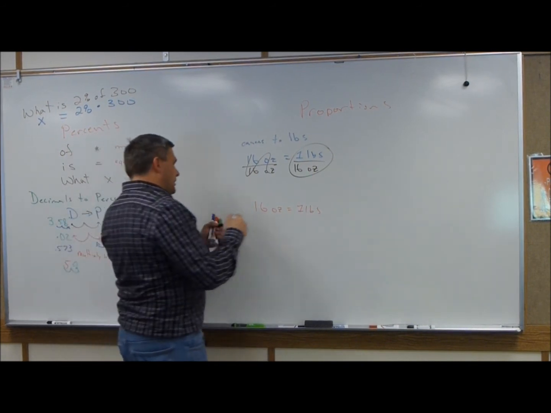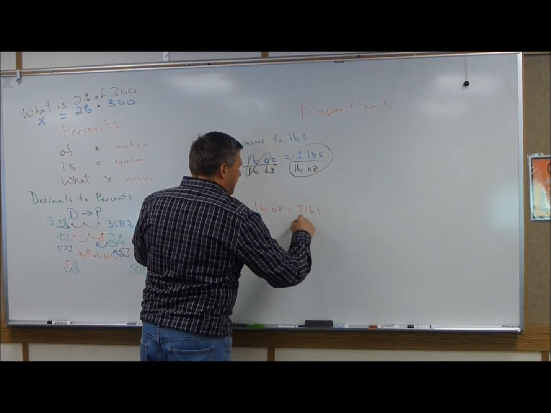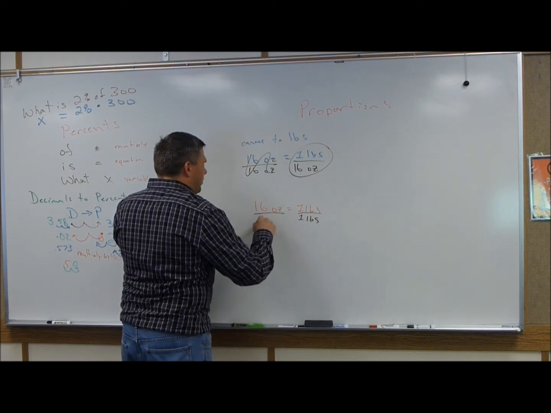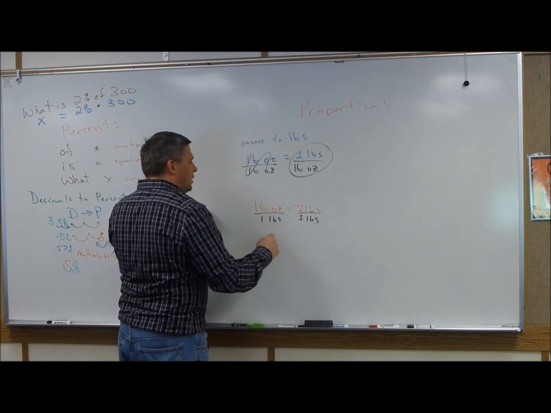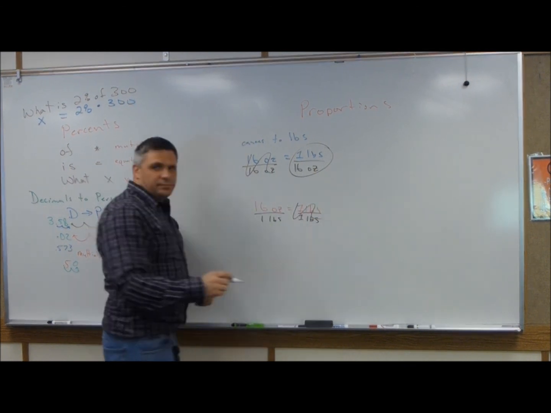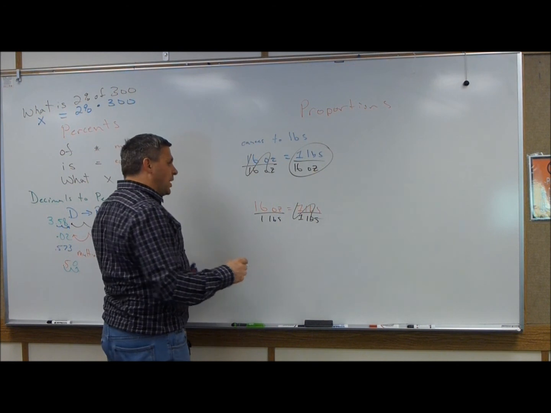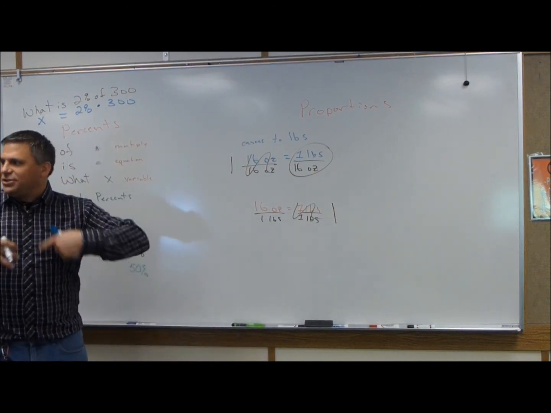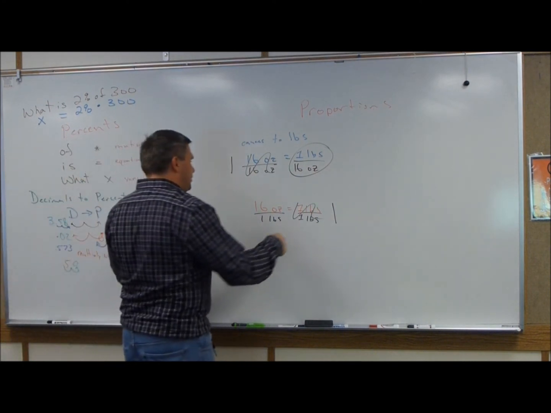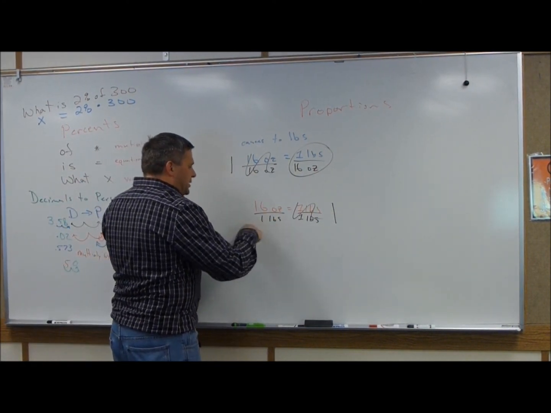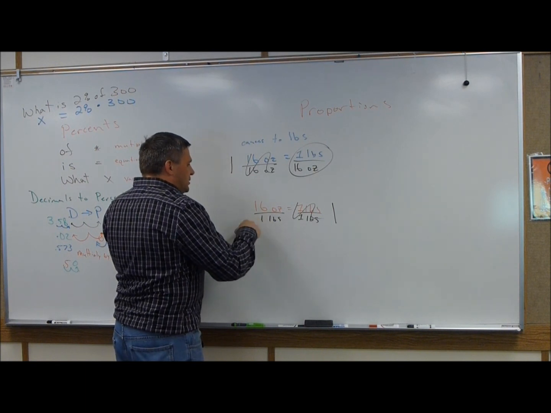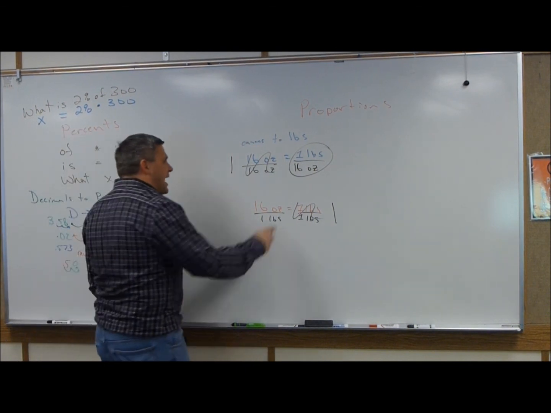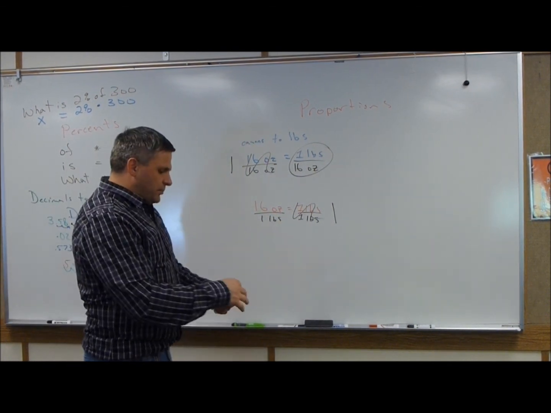And then I divide this by 1 pound, and I divide this by 1 pound, and this cancels out. Or actually, they become 1. So that's your ratio of 1. And so now you got 16 over 1. But more likely, you have ounces over pounds. So we're going to do 2